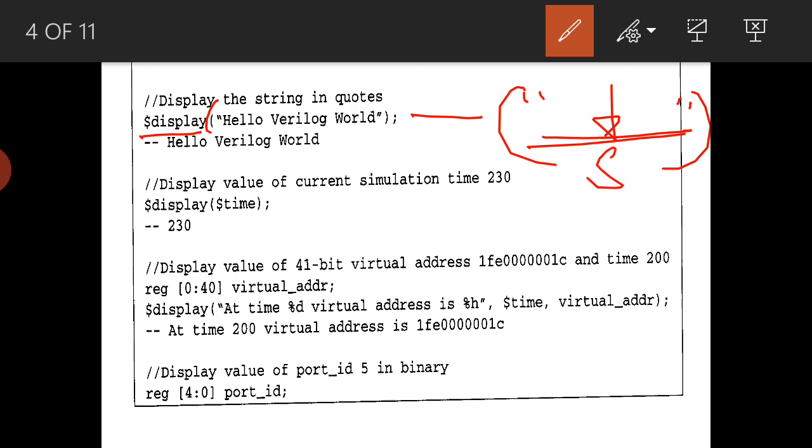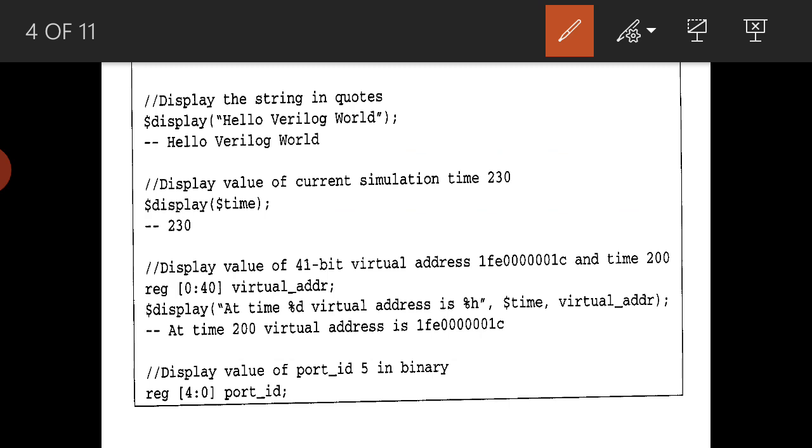That hello verilog world is what we are displaying. This is a single line comment, double slash. He has given what it is displaying, it is printing here. This is a statement, and what it is printing is shown here.